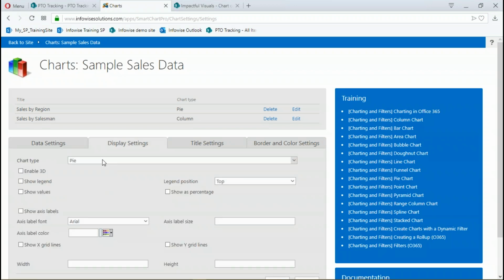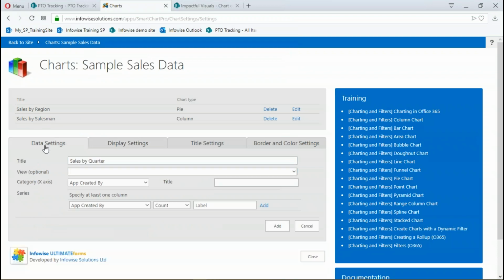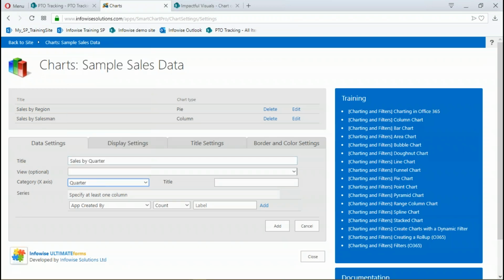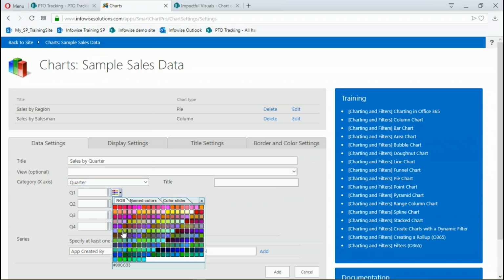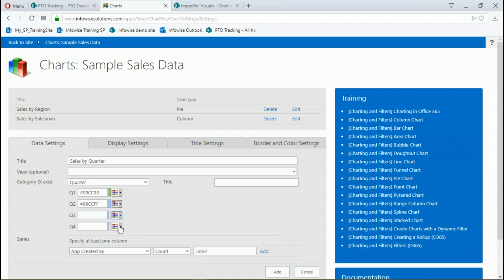This one is going to be a bar chart. And my X is going to be the quarter because I've got that information in there. And once again, because that was a choice, I've got color stuff here. So we'll use some colors, blue, and